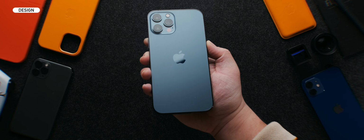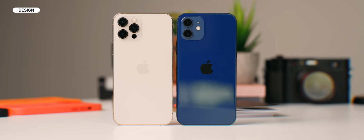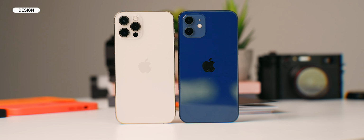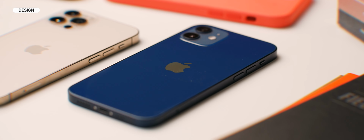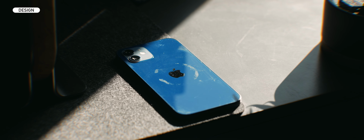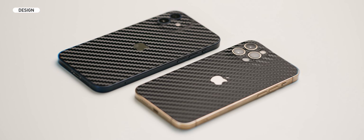The back though is the complete opposite. You get a matte finish on the Pro and glossy on the non-Pro model. Now, one thing I did notice on the 12 after a few months of using MagSafe accessories like cases or just any type of MagSafe accessory, there's a noticeable ring of residue or something that got left behind on the 12. You can clean it off if you really put the time and effort into it, but another solution is